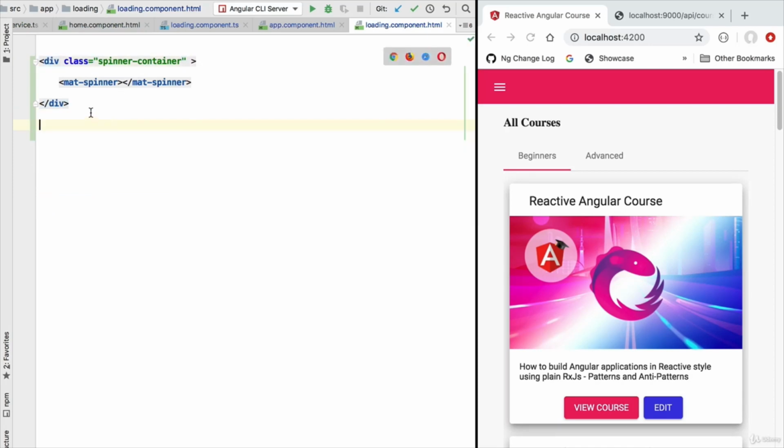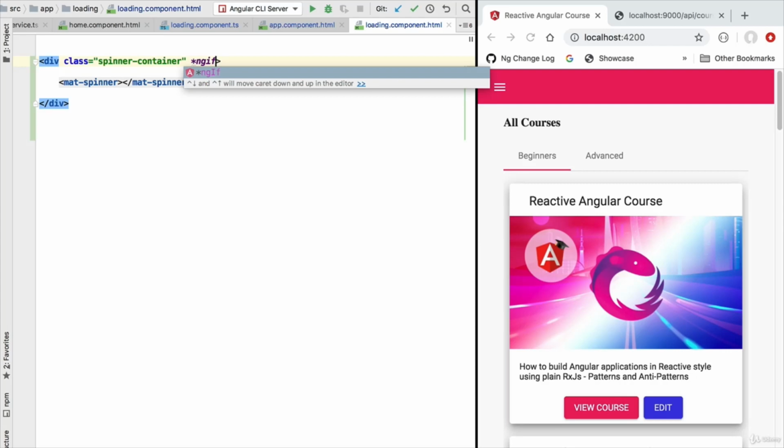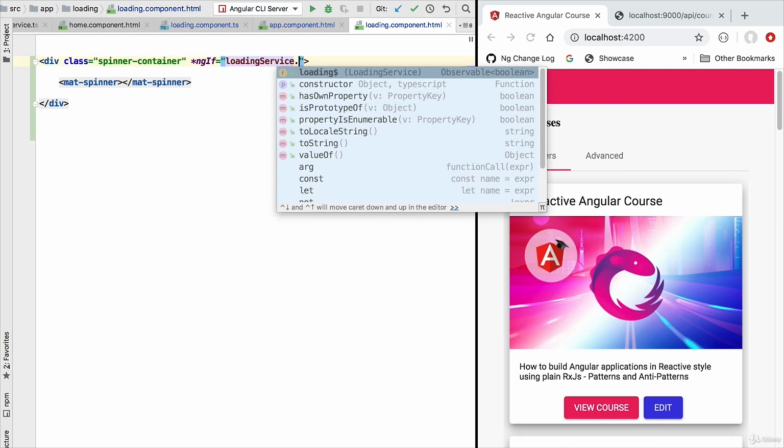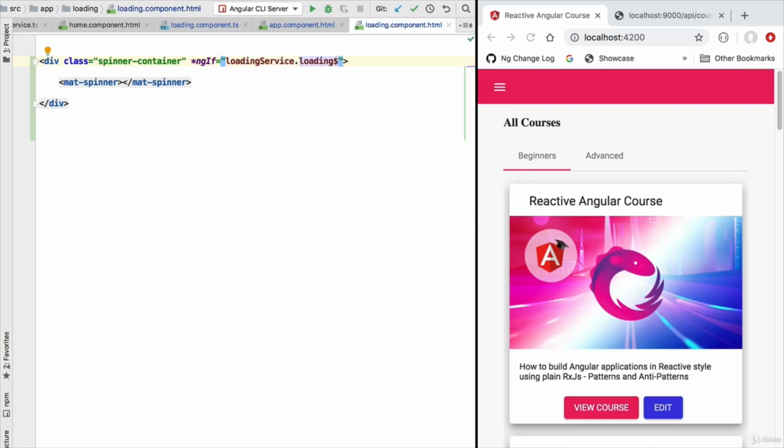And we want to show to the user the whole loading component if the observable emits true. Let's then apply here the ngIf Angular directive. Let's access the loading service and let's access the loading observable. We're going to be applying here, just like before, the Angular async pipe that is going to take care of